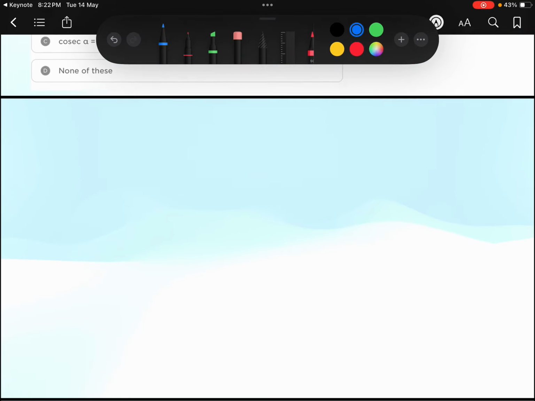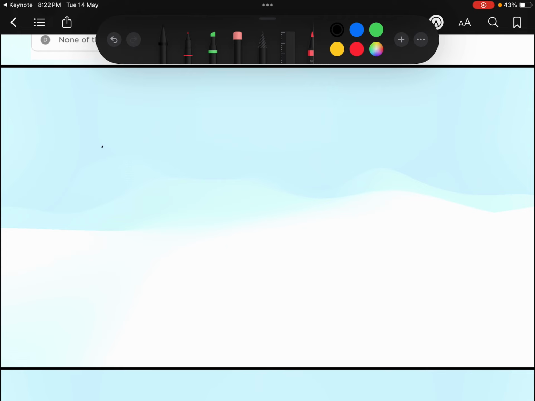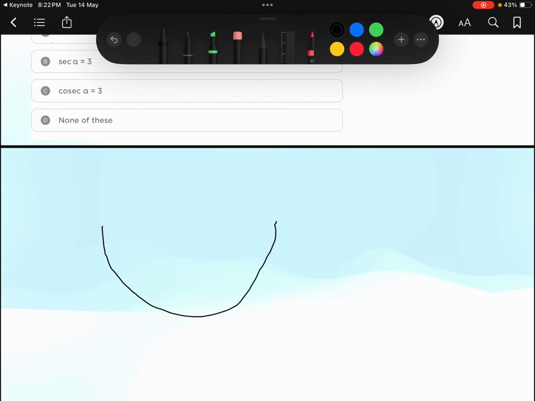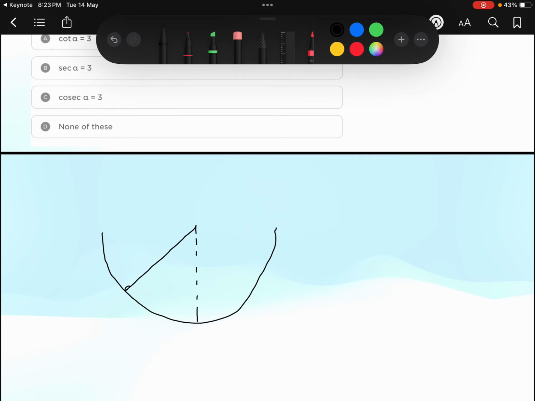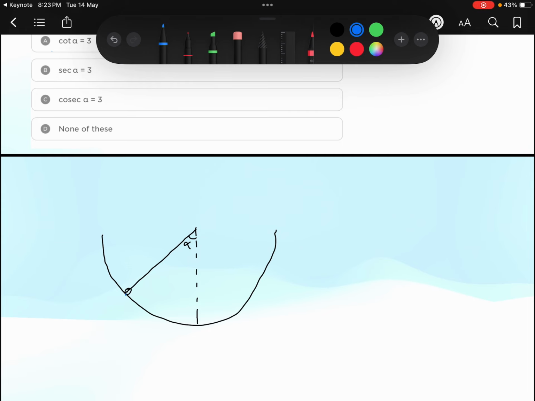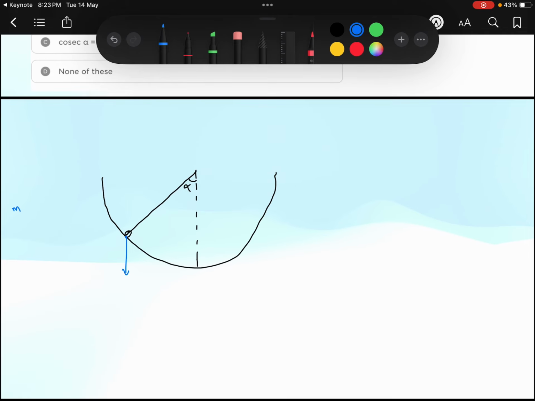So here I will draw this diagram again. This is our hemispherical bowl, and this is the vertical line, let us suppose, and at this position the insect is there. Okay, so this is our insect here. This angle is alpha. So what are the forces acting on this insect? One will be the downward force. Let us suppose m is the mass of this insect. So mg will be the downward force, that is the gravitational pull of the earth, and one force will